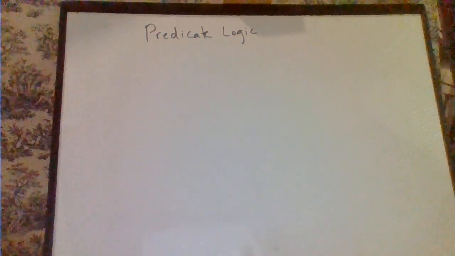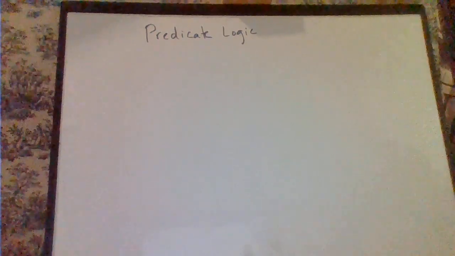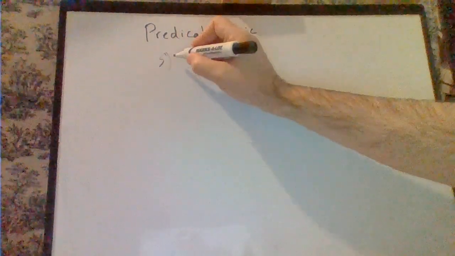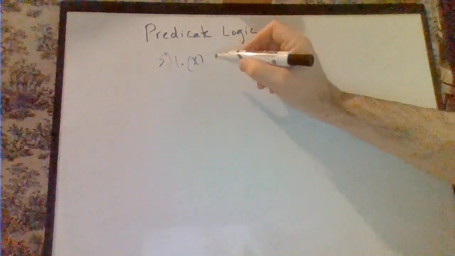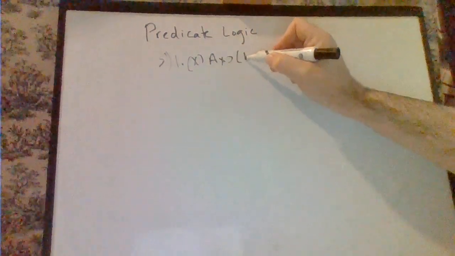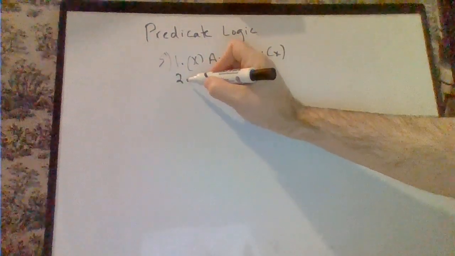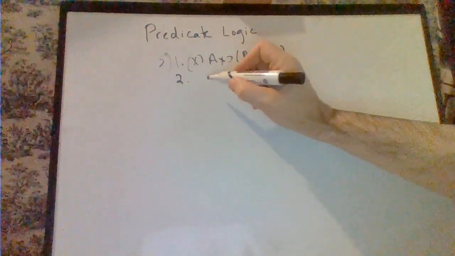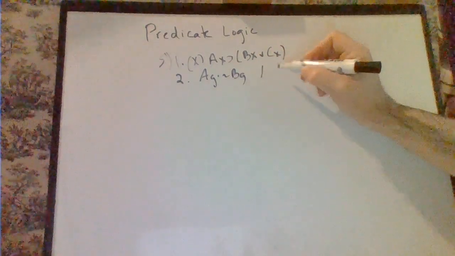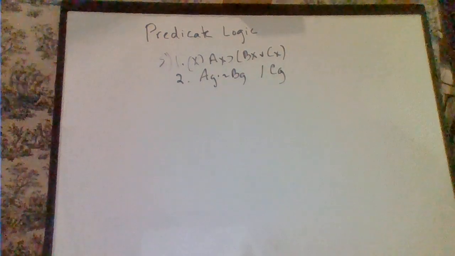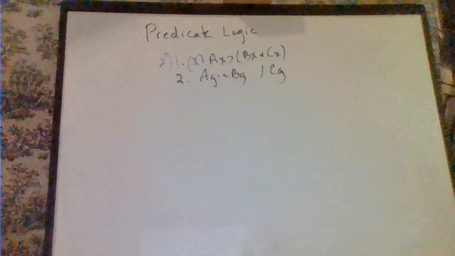All right, number 5. So we've got the universal x, Ax, then Bx or Cx. Line 2, we have Ag and not Bg, therefore Cg. All right, so looking at number 5 now, because we see in our second premise that G is